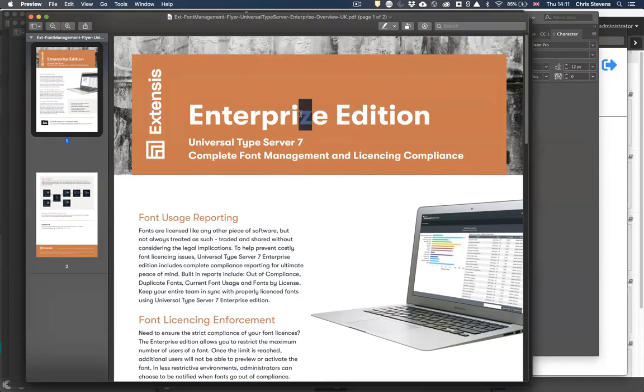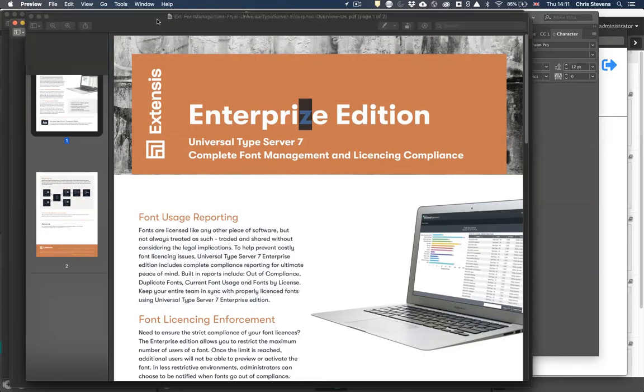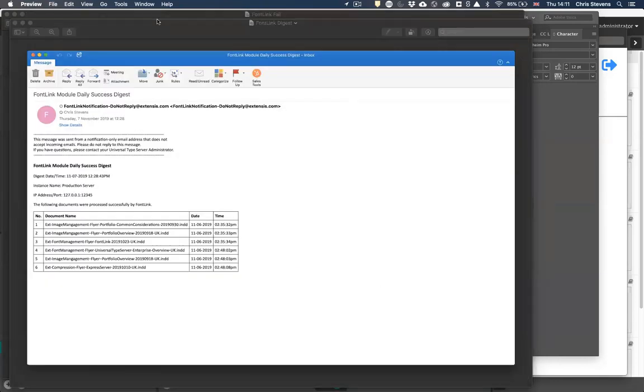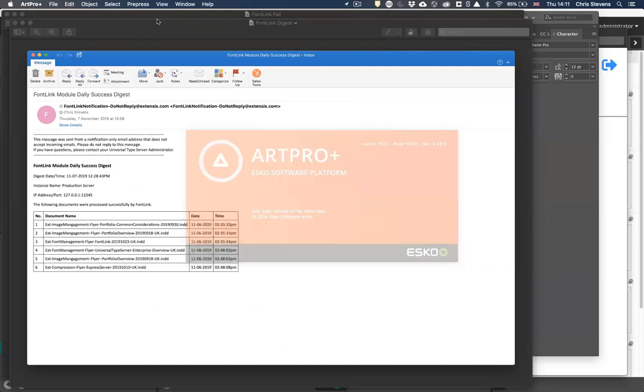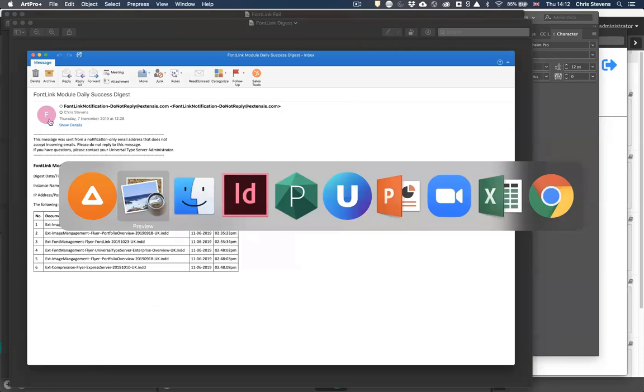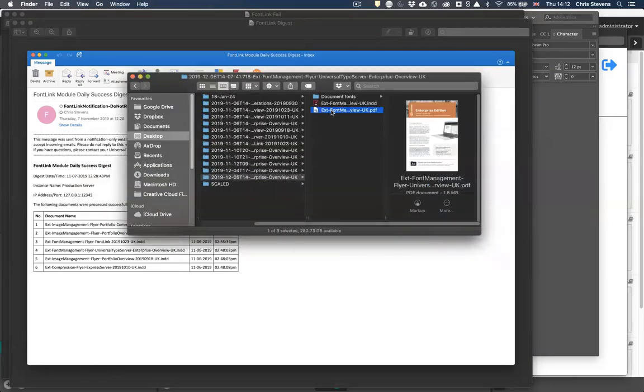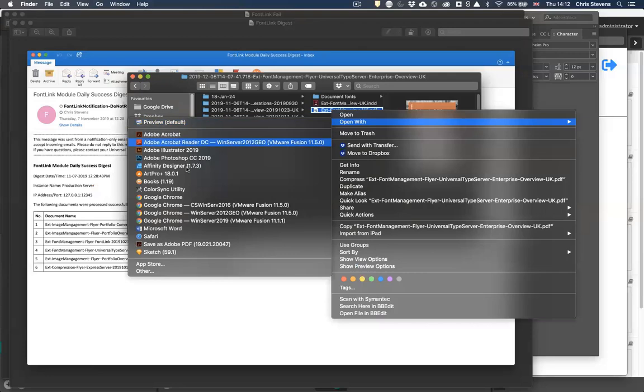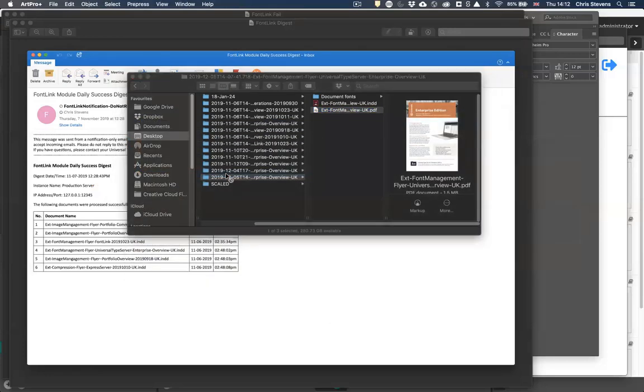Well, the problem is, you see, I can highlight the letter that needs replacing, but Apple Preview doesn't give me any tool with which to modify that and change that. And so this is where a lot of our customers actually will use a tool such as a product called ArtPro Plus from ESCO. It's a tool that specifically can enable you to make those last-minute pre-press changes to your jobs. So if I launch the application, go to the PDF here, and just open it into ArtPro Plus,